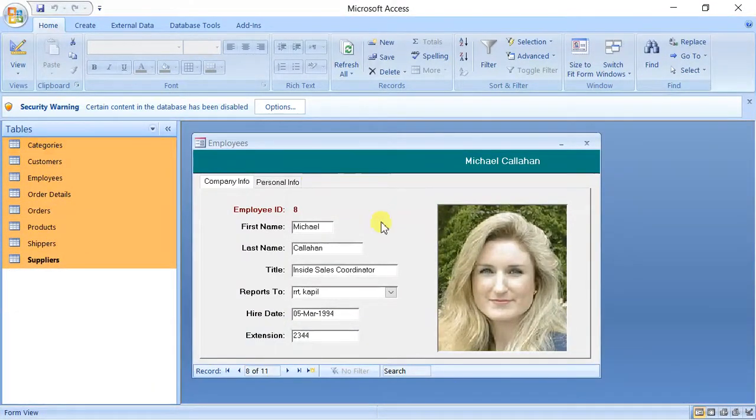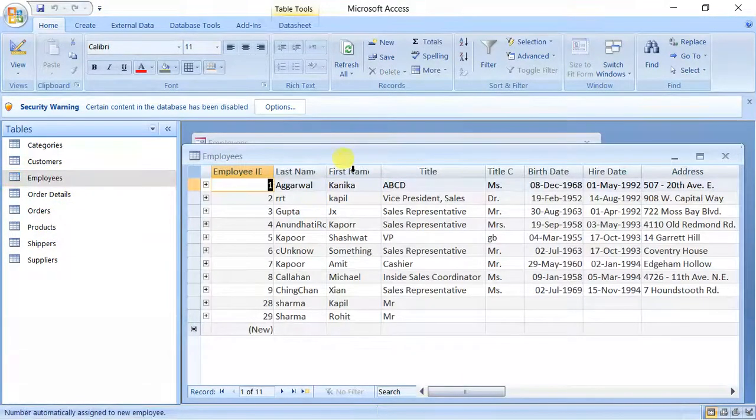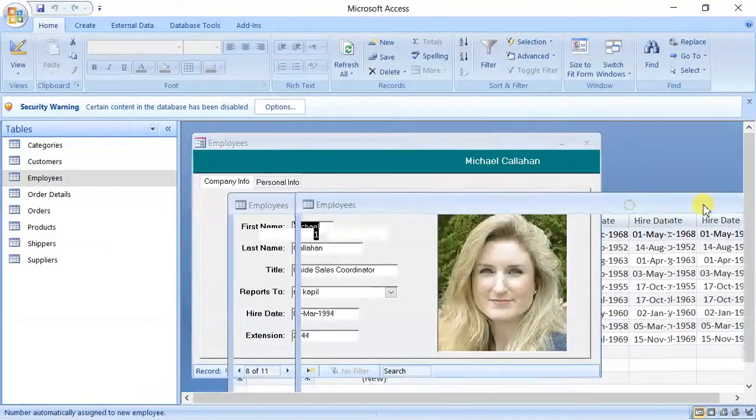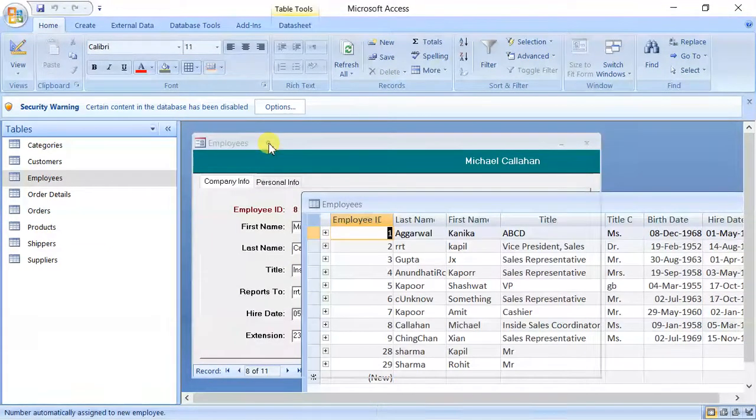Now the question which arises is, why 8 tables? Why are there 8 tables in this project? And secondly, let me show you this table. See the employee table. Let us click on this employee table. You can see the same data is here. The data which is visible over here is the same data.